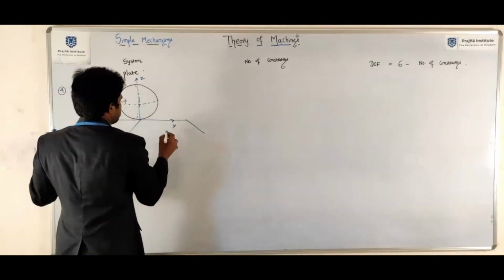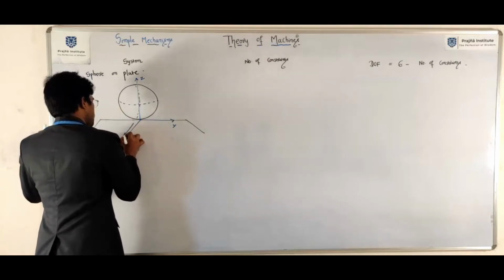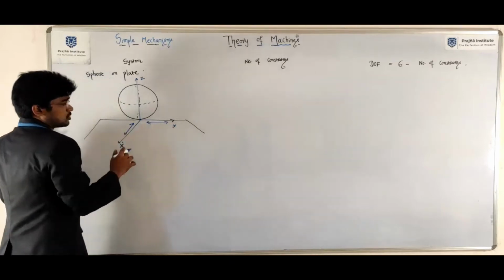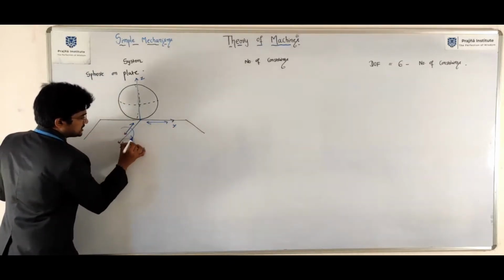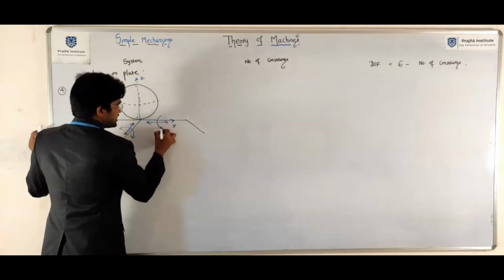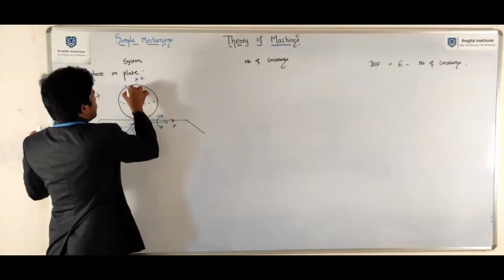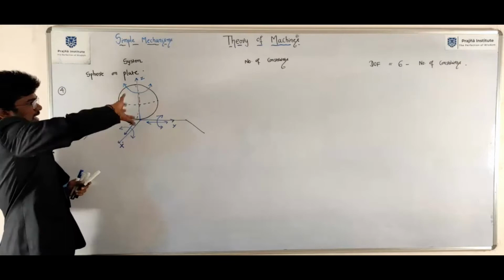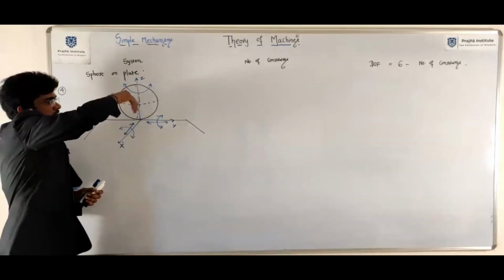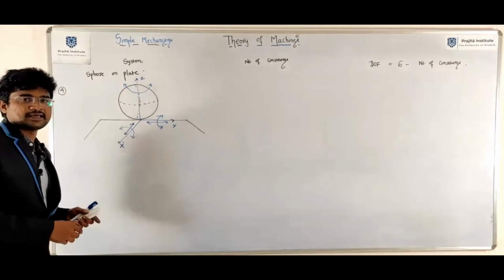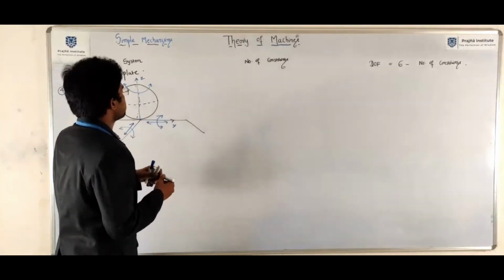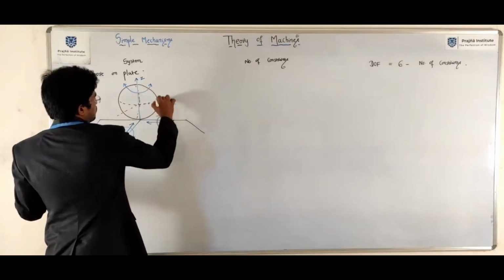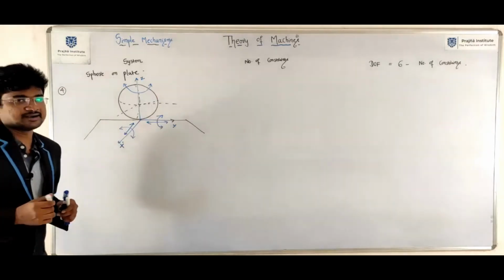Translation along this is possible, translation along this is possible, so you can happily rotate it. Rotation about the y-axis is possible, so rotation about this axis is possible, and rotation about the z-axis is also possible. So you can happily rotate the thing. Clear? Number of constraints. You can keep it like this also. Rotation about this axis.